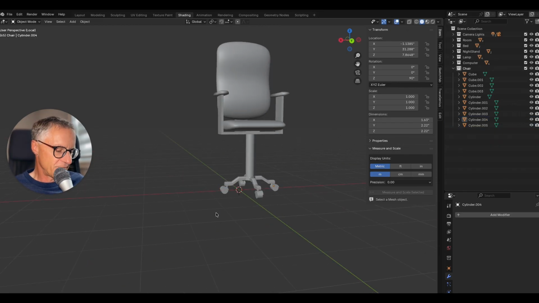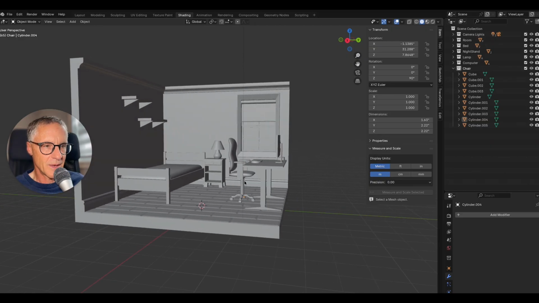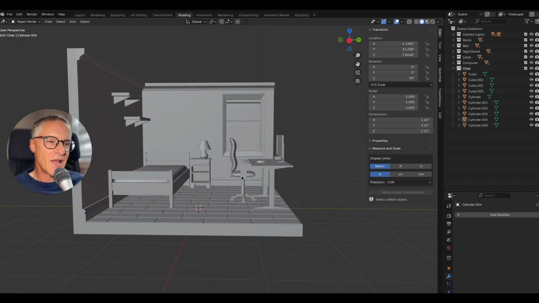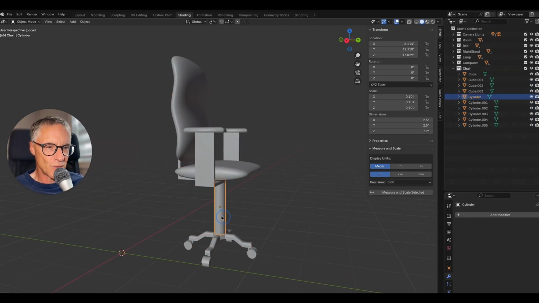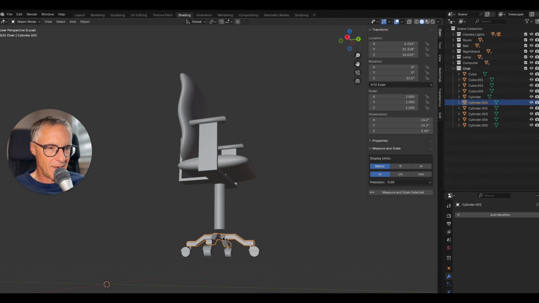So let's bring the rest of our scene back. So /. So the desk, it's a little high. You know that? It's a little high. So again, I'm going to select the whole chair again, / to hide the scene. And I'm just going to shorten this. So this is 12. I'm going to make it like 10. And then I do a